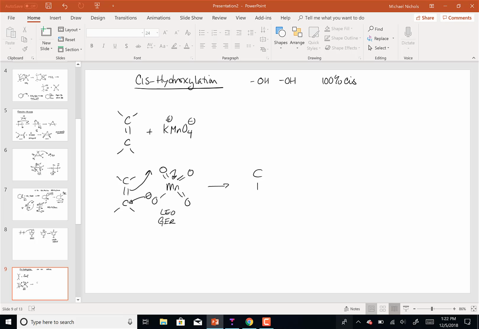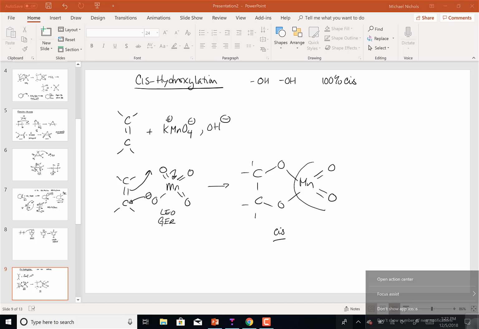So the 5-membered ring then looks like this. And that 5-membered ring is not big enough to add those two oxygens trans. So those two oxygens must be added cis. So then I actually forgot a reagent. It's KMnO4 and hydroxide. So when you react a double bond with KMnO4 and hydroxide, what happens then is the hydroxide and the water come in and they strip off the manganese part to then give me the cis addition